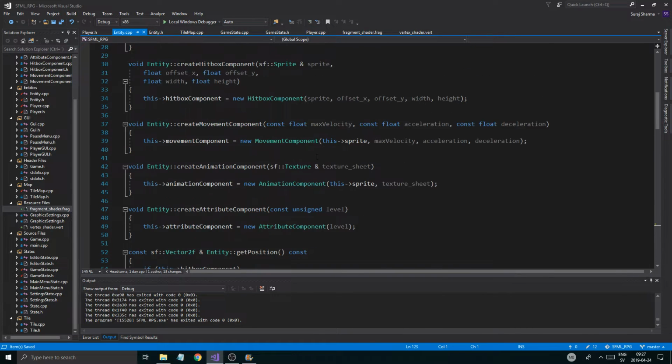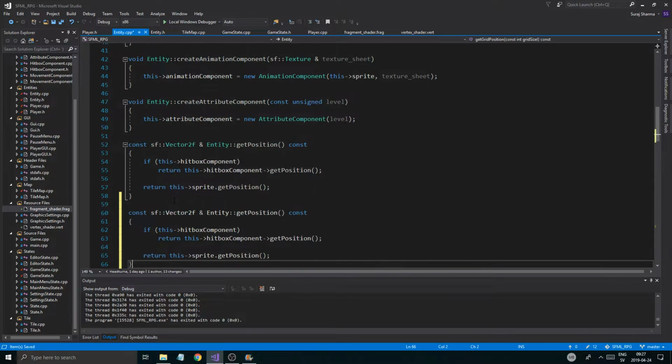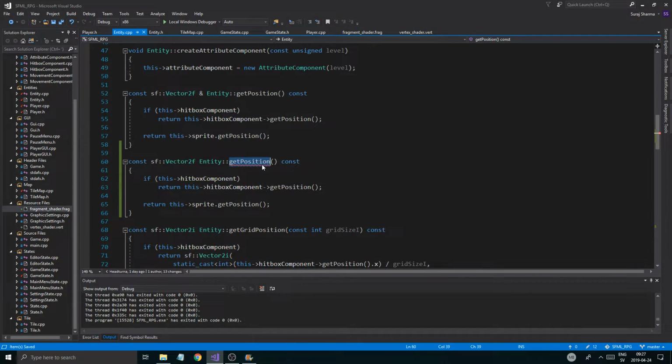So I'm just going to copy that, go to get position. I might just copy the whole get position because it's pretty much the same thing. Just remove the ampersand, don't forget that. Get center. Okay, so if we have a hitbox component, we're going to get the position plus the size